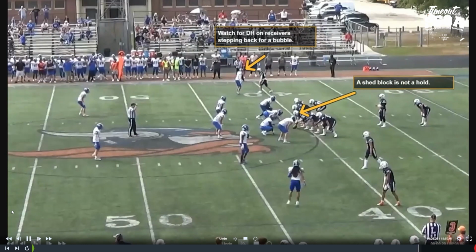So all right, watch for when they throw bubbles, we need to be aware. We should have 2 sets of eyes on this receiver. Our short wing and our deep wing both should be on this guy. And we've got 2 things to look at in this play. First of all, we've got a defensive hold here. This guy tries to come back for a bubble screen. This guy grabs him. That's a defensive hold. You can't have DPI behind the line of scrimmage. You can have defensive holding. So let's just watch that part first.